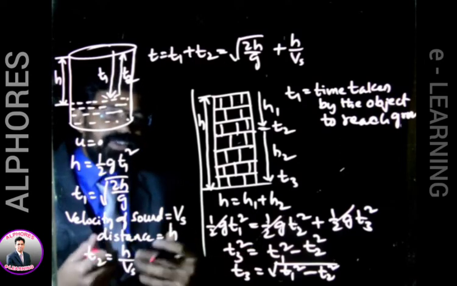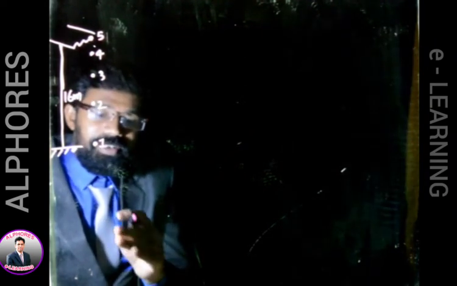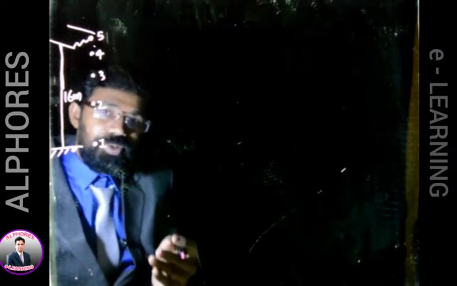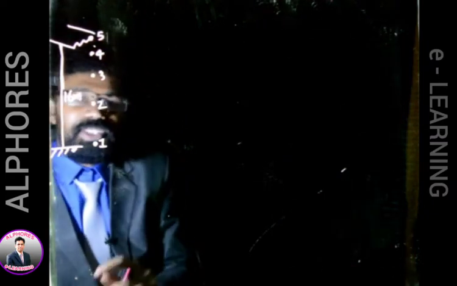Okay, so let us try one problem. Now let us deal with one more problem. This is one situation. There is a roof at a height equal to 16 meters, and from the roof water droplets are falling. They are falling after regular intervals of time. Let us say the first drop fell from the roof, after 2 seconds one more drop, after 2 seconds one more drop, like that. So the time gap between all these drops is the same.